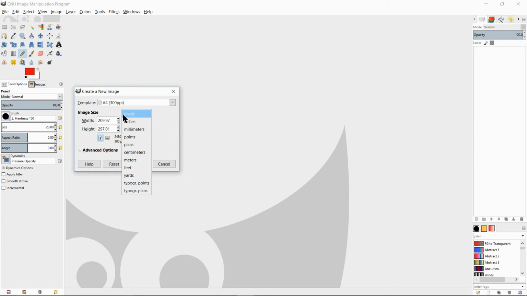If you notice, there's all sorts of different types. If you're more into inches and yards and feet, there you go, inches. Pixels is more to do with screen setups and things like that. So if you're happy with millimeters or inches, they're the best things to go for. But we've got a page now